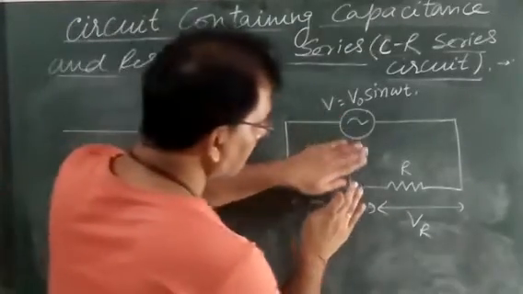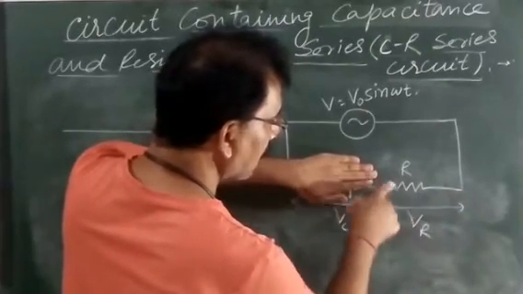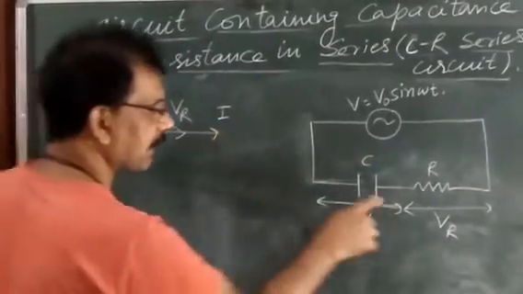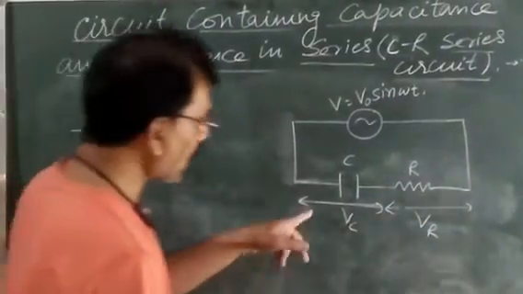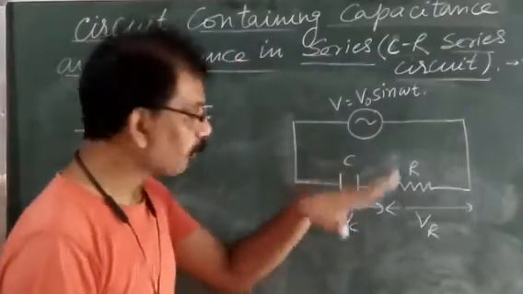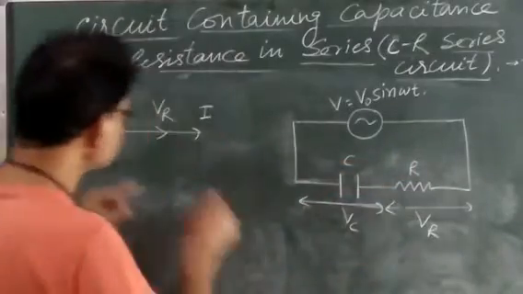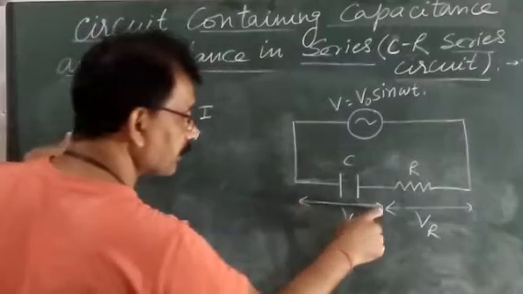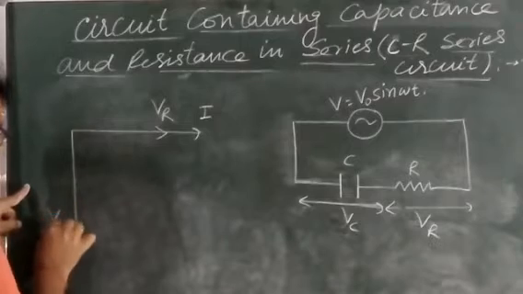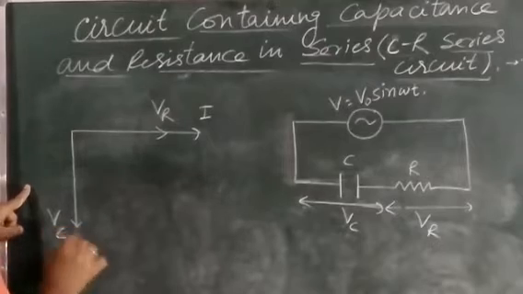In the same way, when a circuit contains only resistance, the voltage across it, VR, and the current are both in the same phase. So this one is VR, and this current I, for the resistance, in the same phase. And when a circuit contains only a perfect capacitor, the voltage across the capacitor lags behind the current by a phase angle of 90 degrees. Since this one is current I, the voltage VC across the capacitor in this phasor diagram lags behind the current I by 90 degrees. So this is VC.